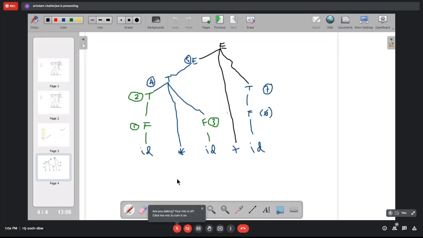So you can see how we use the stack and the SLR1 parsing table to parse a given input string and create the parse tree. I think all of you could follow it. Am I clear about what I have said till now? Okay. So that's about it for LR0 or SLR1 parsing table.